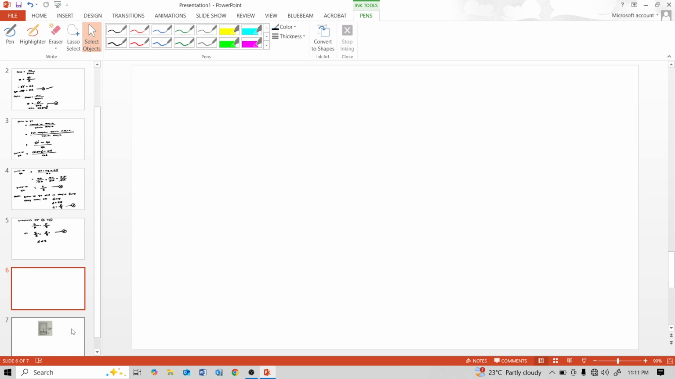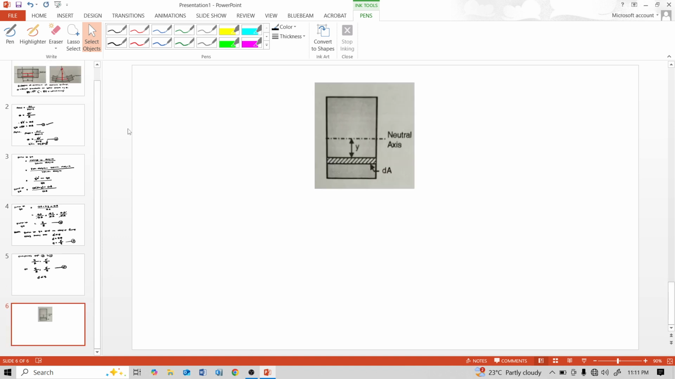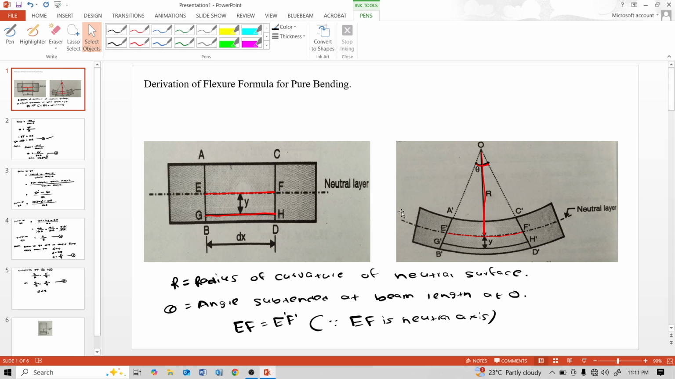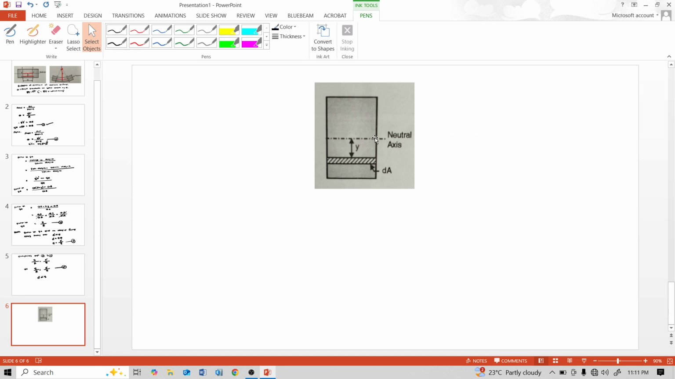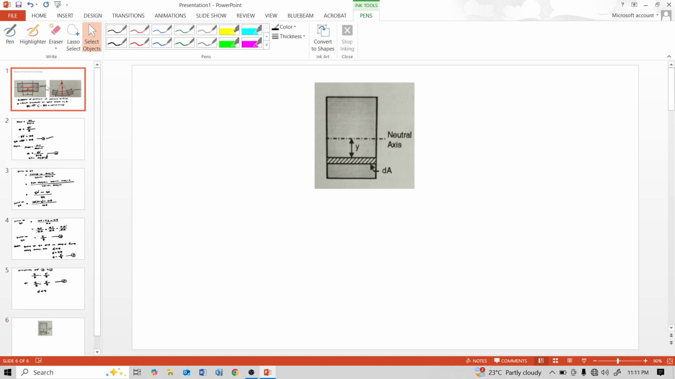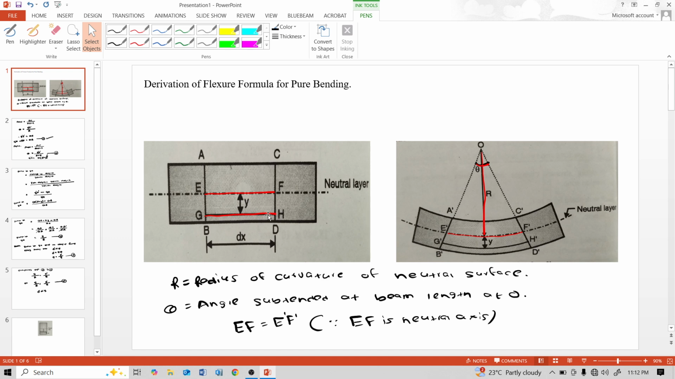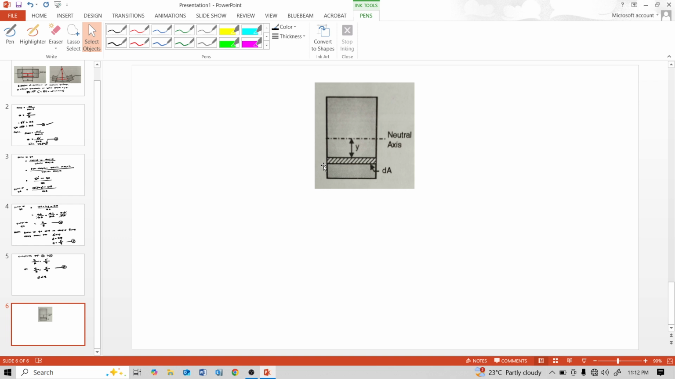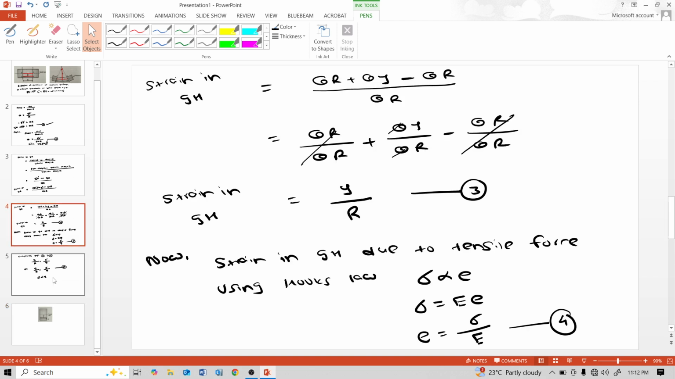Now next, consider a section of this rectangular part. This is the section of the rectangle, and the neutral axis is this. At a distance y, consider one small part delta A. This is at a distance y, and at this layer a small part delta A. Consider an elemental area delta A at a distance y from the neutral axis, and from equation 5,